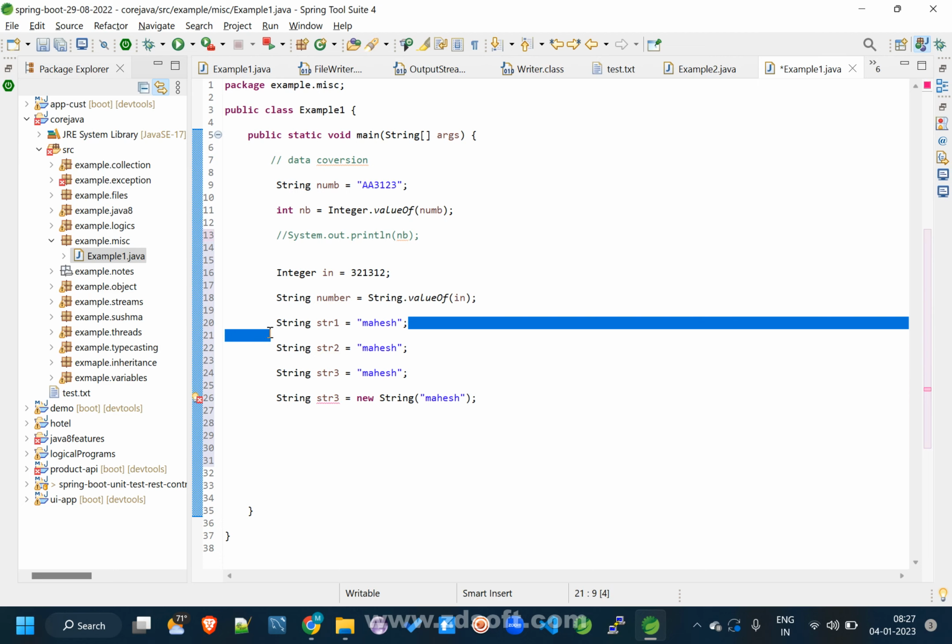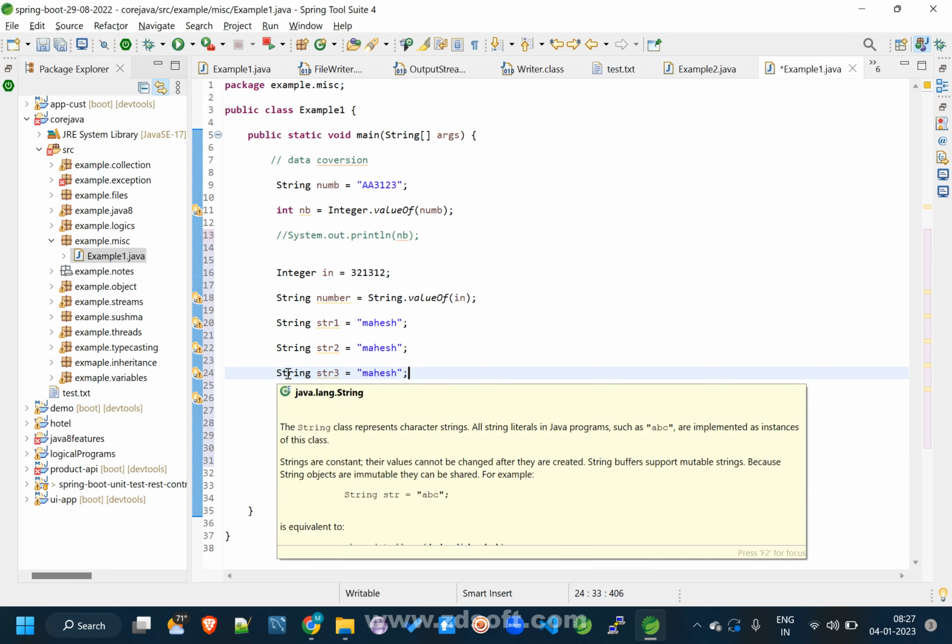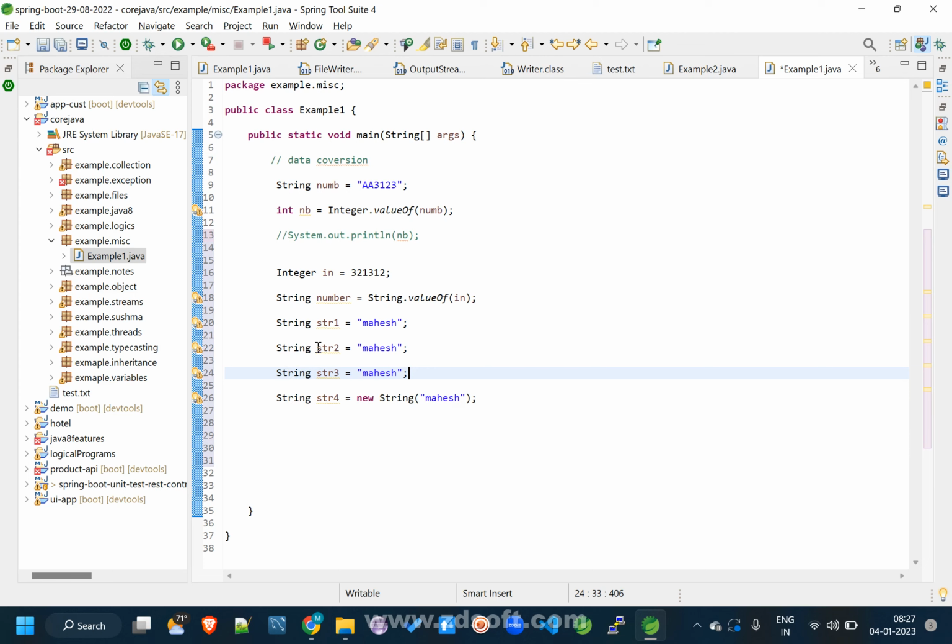First of all, if the variable is already created, and anyone is trying to create one using the same value, then it is going to point to the same address location for all the different variables. This way they reduce the memory occupation and improve the performance, so most of the constants you will see will be created in the form of string constants. Okay,